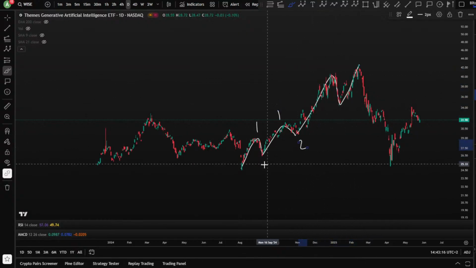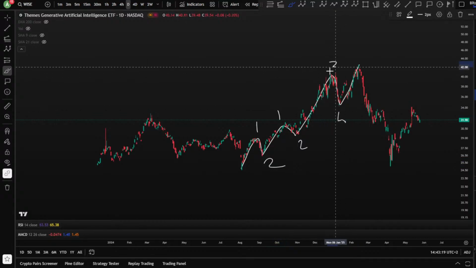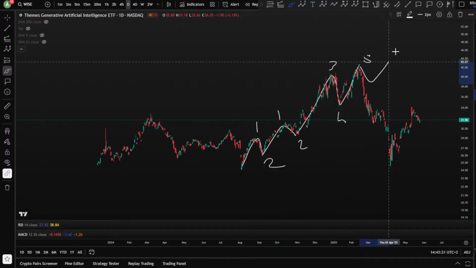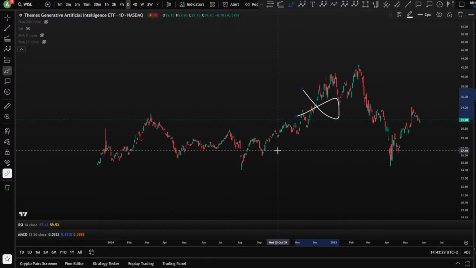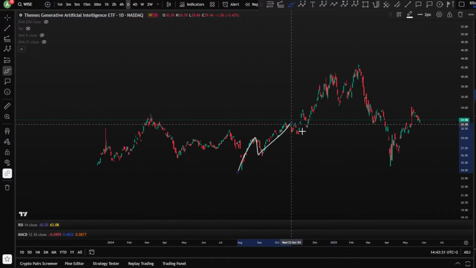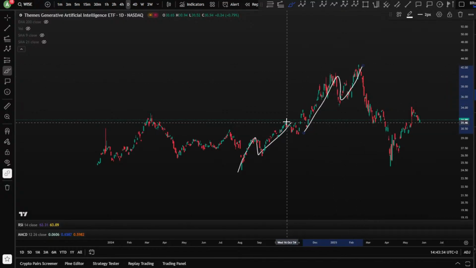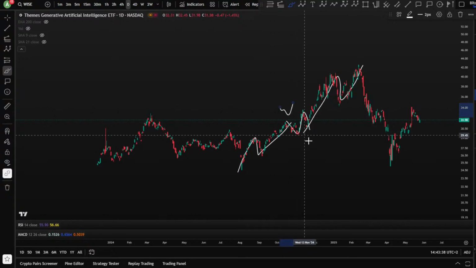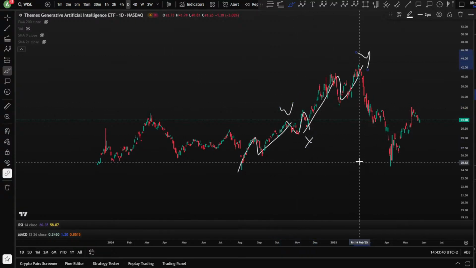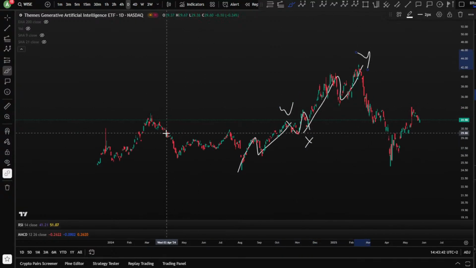Okay, so you got your first 4. This is your wave 3, 4, 5. What is your second 4, 5? Therefore, however you turn it impulsive, it doesn't work. So this is not an impulse. This is a double zigzag toward the upside with an X as a running flat. So W, X, and a Y. Okay? And that means it is a corrective wave.